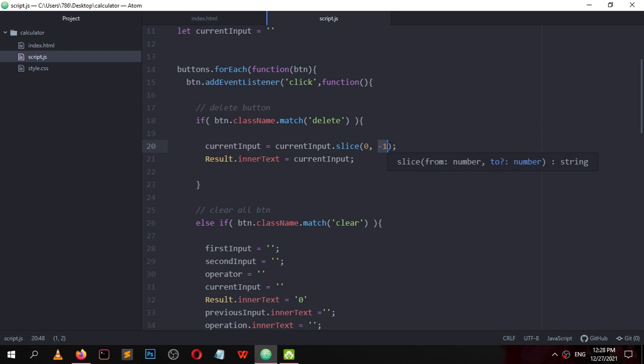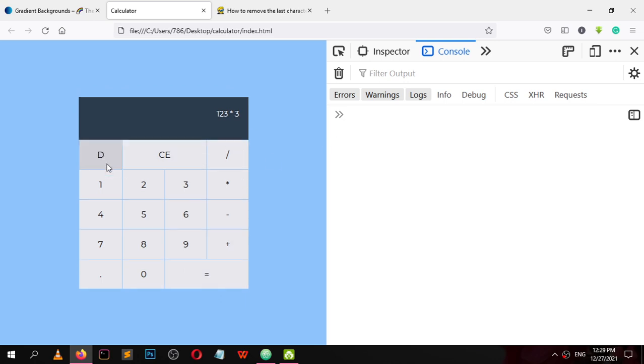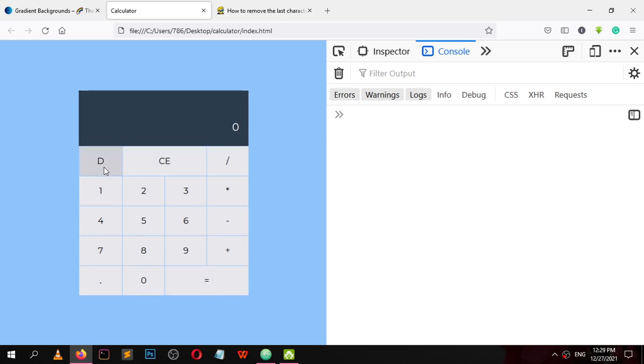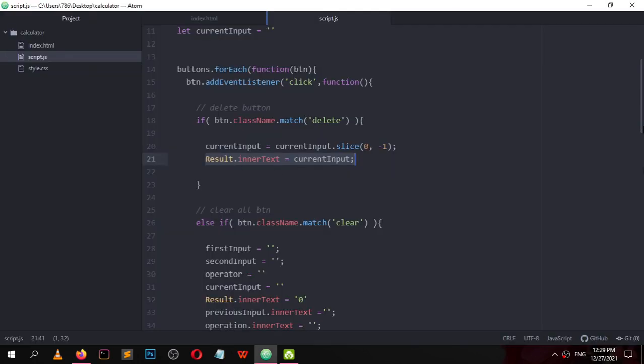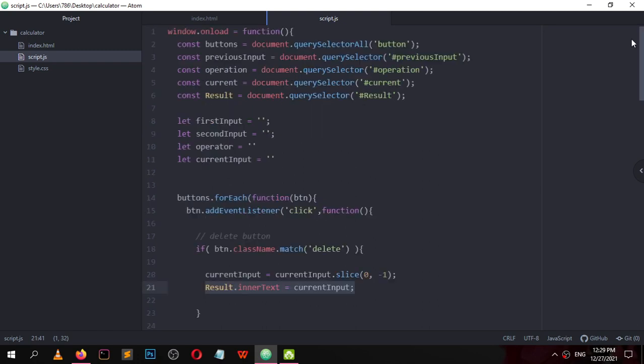It will select the last element in the string, and we are updating result dot inner text equal current input. 1, 2, 3, delete, clear all. 1, 2, 3 into 3 equal 369, clear all. We have built this beautiful calculator. Enjoy this method.